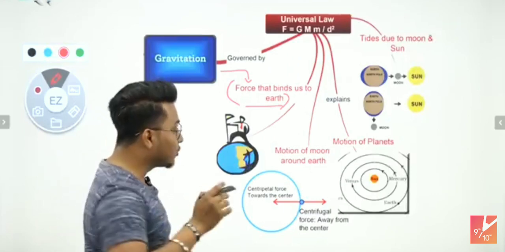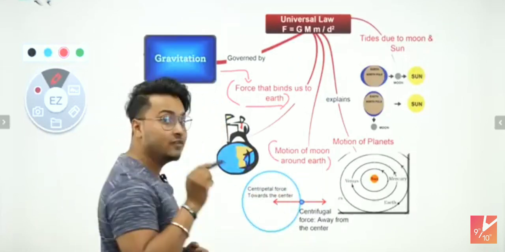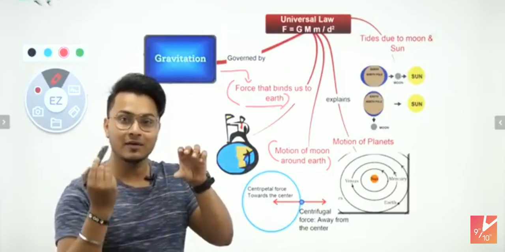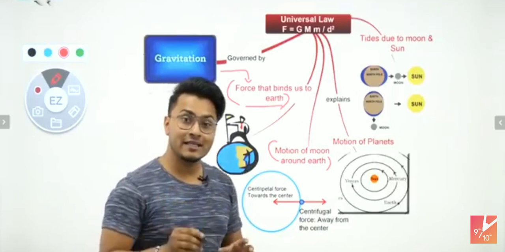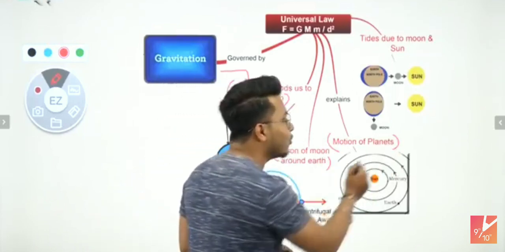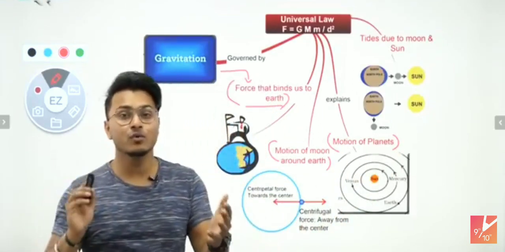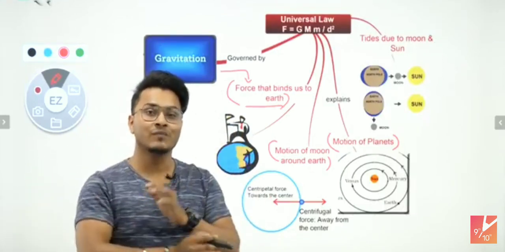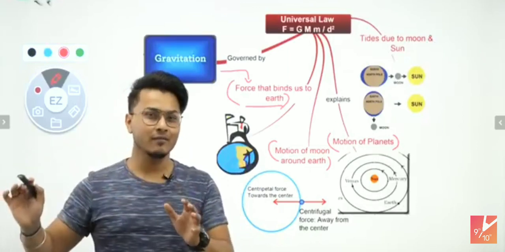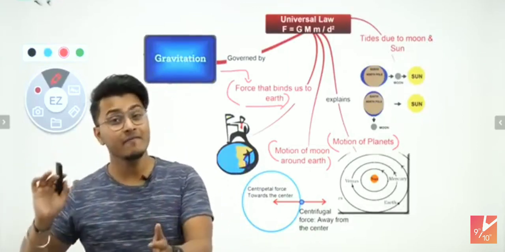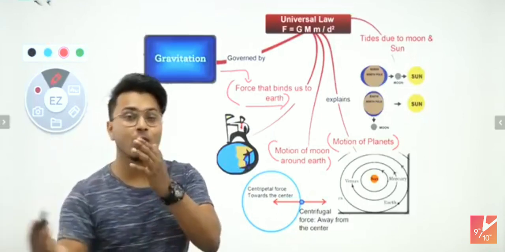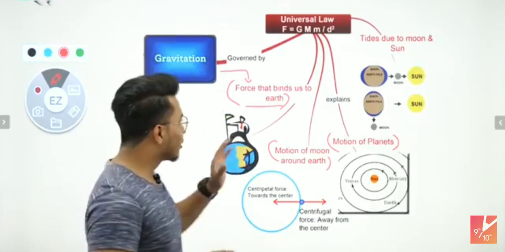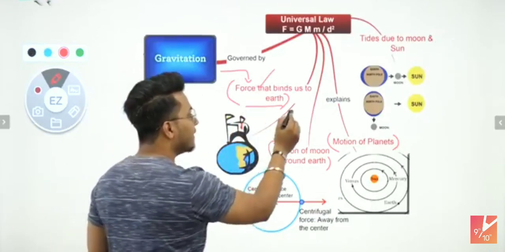Absolutely yes. Number two, it causes the motion of the moon around the earth. Because of this the moon revolves, and because of gravitational force all the planets revolve around the sun also. Every planet has its own moon, not every one of them, but a few of them have their own moon, and every moon of those planets also revolves around those planets because of the gravitational force of that particular planet. Okay? So number one, the definition is done, and number two, you understood the applications also, correct?